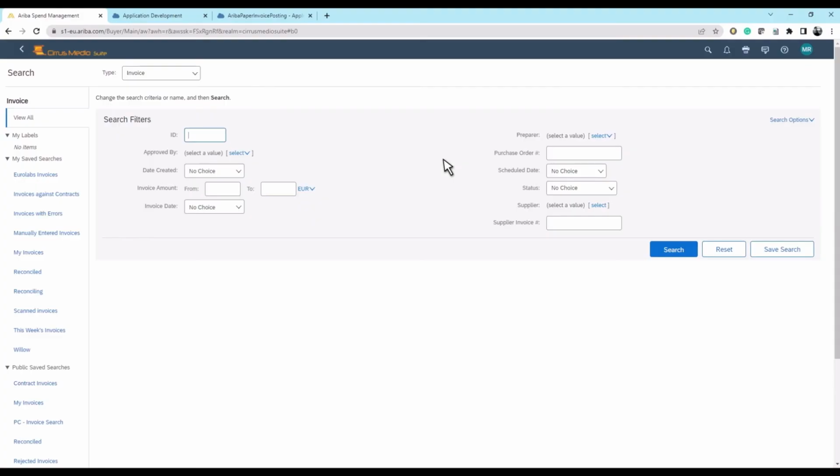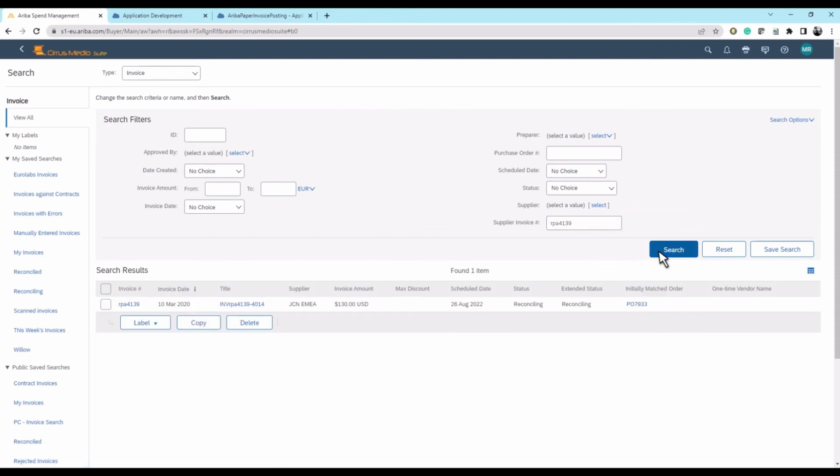Let's copy this invoice number and move to the SAP Ariba screen in order to search for this invoice. This is the section of SAP Ariba where you can search for the invoices. Let's search for this supplier invoice by pasting in this number and then clicking on the search button. We can see that the invoice posted successfully within SAP Ariba. If we open the invoice,